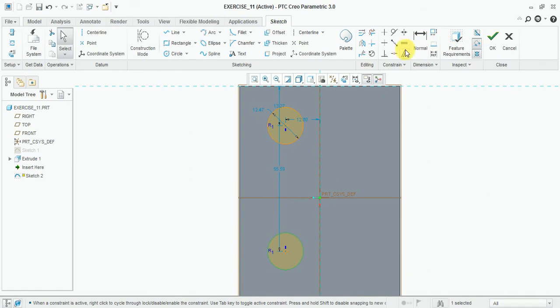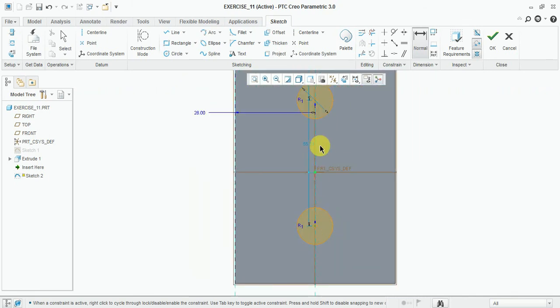Now give the dimension 28 mm from this edge and 45 divided by 2. This one is the same.